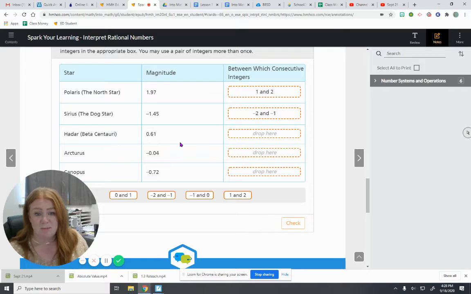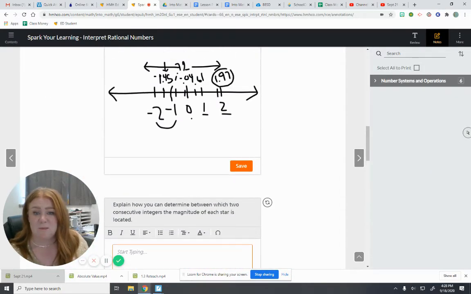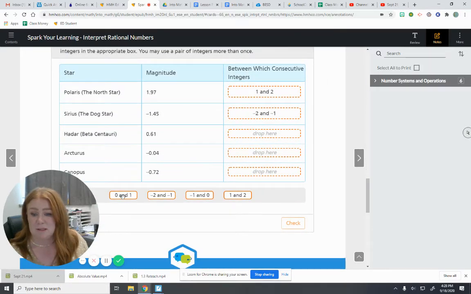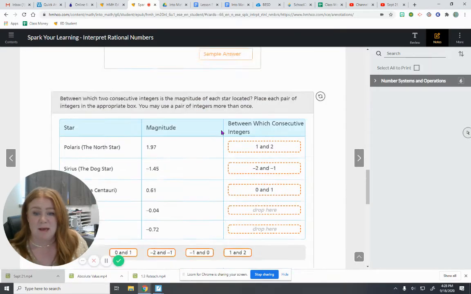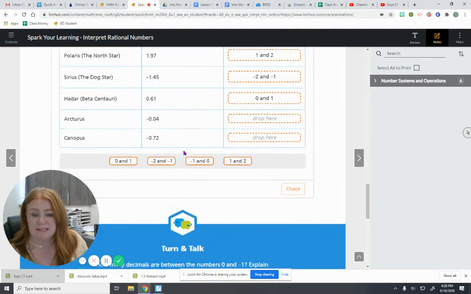So each time I'm looking back at my number line to help me. So 0.61 was between 0 and 1. So 0 and 1. And then my last two were both between -1 and 0,